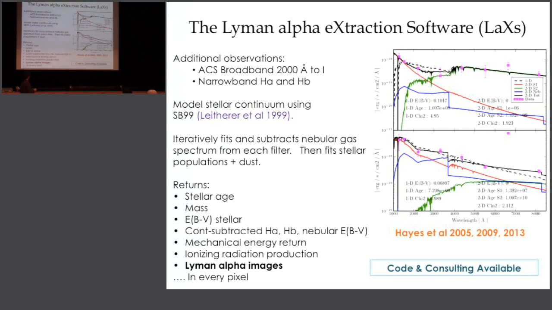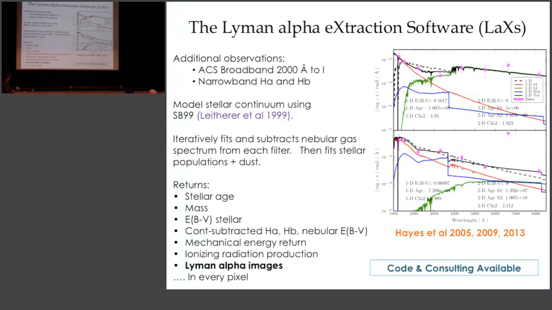So we're putting all these things together: a gas spectrum, a young stellar population, an old one. We add them all up, estimate the shape of the continuum near Lyman-alpha, and we convolve that with the bandpass, and then we subtract that to get Lyman-alpha. Here we get all of this stuff in addition, so we get maps of age, mass, dust reddening, nebula dust